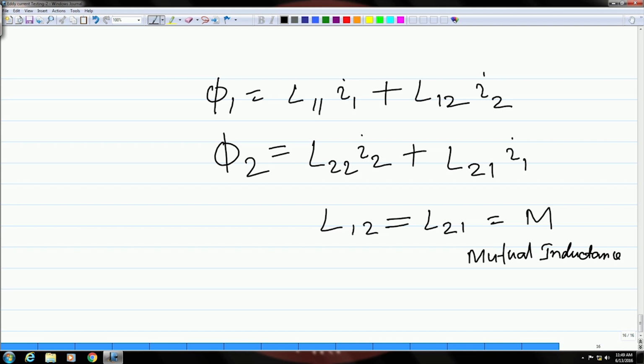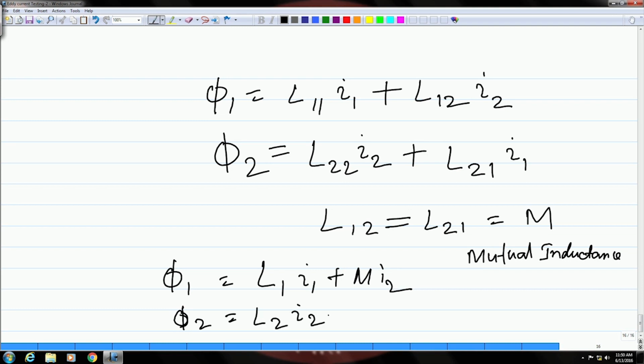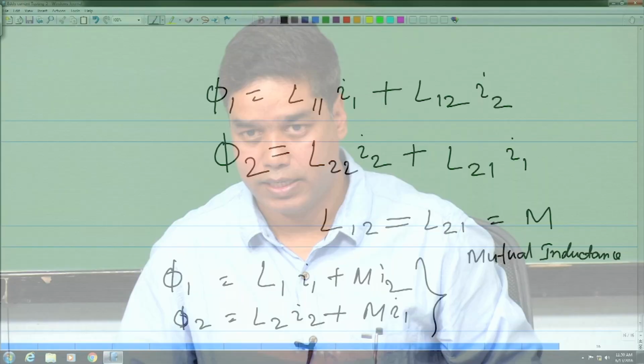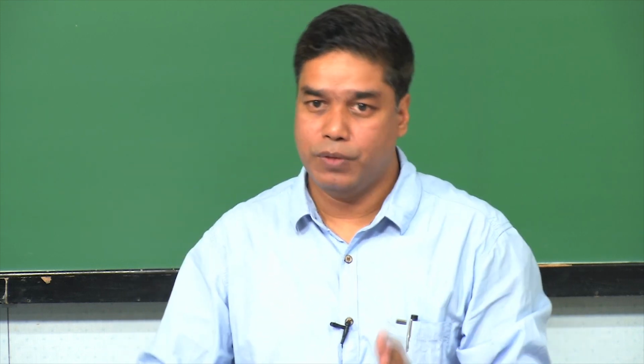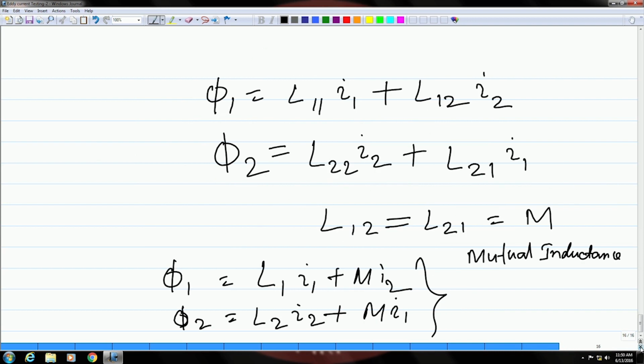So, if you replace this now with M in these two equations, then we can simply call this as phi 1 equals L1 I1 plus M I2. Similarly, phi 2 will be L2 I2 plus M I1. Okay. So, this is the phenomenon of mutual inductance, and the eddy current testing, as you would have realized, is based upon mutual inductance. Okay, now let us come back to this